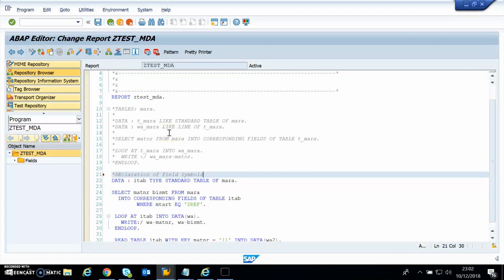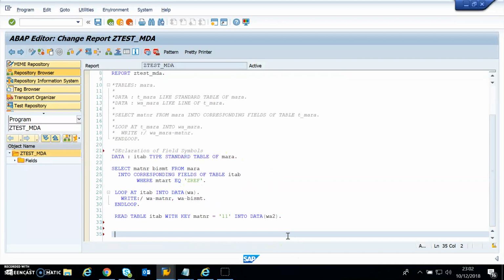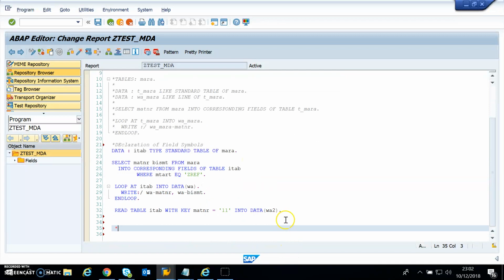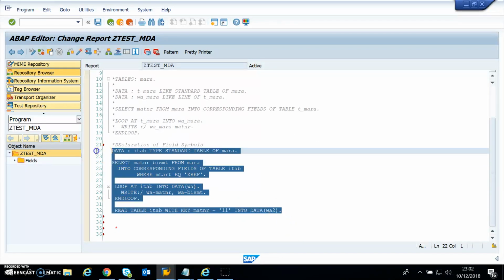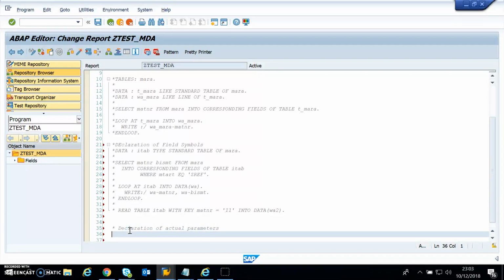Next, let us have a look at how, let's comment this thing up. There you go. And let's talk about how to declare actual parameters, declaration of actual parameters. Alright, so guys, in this way, let's take up the same